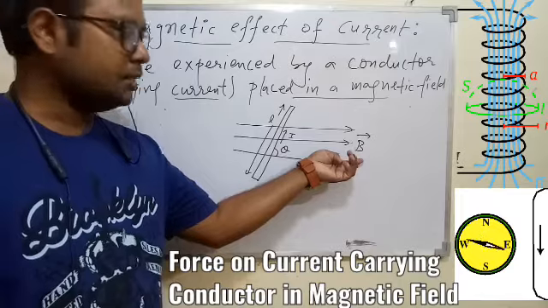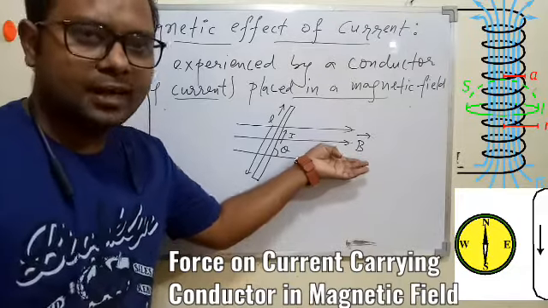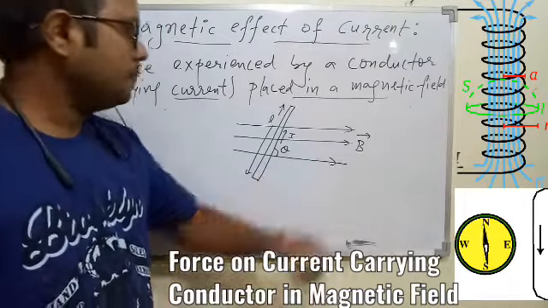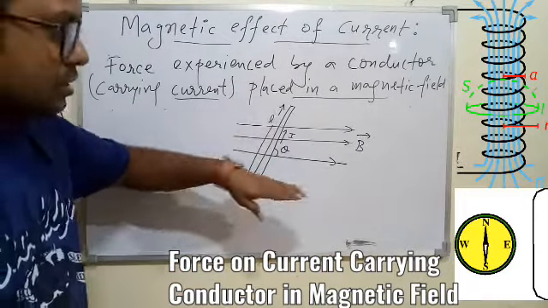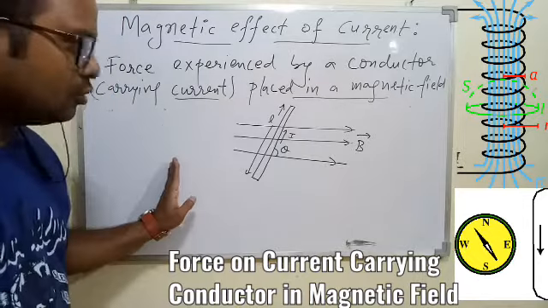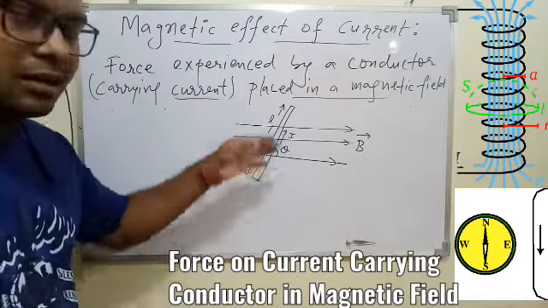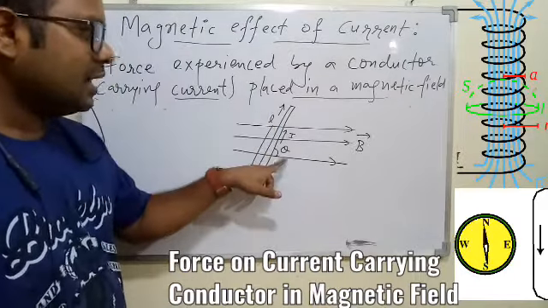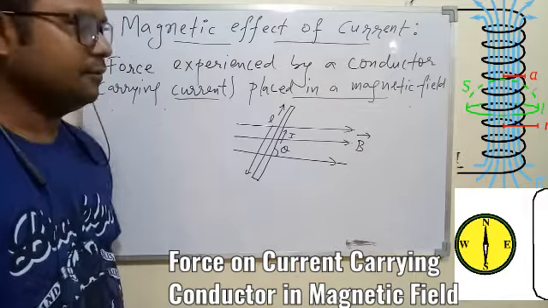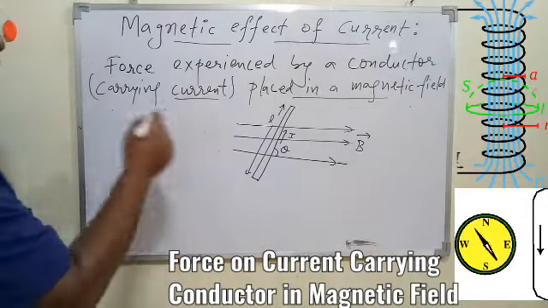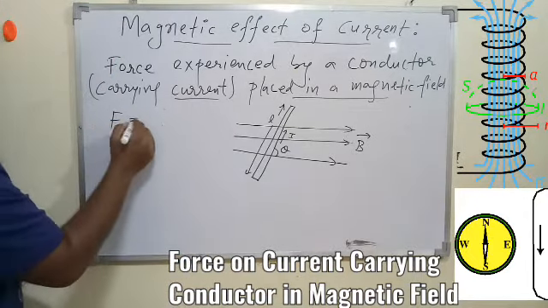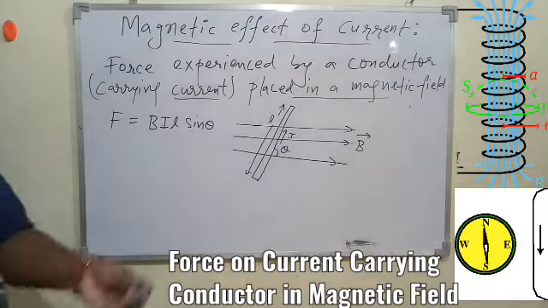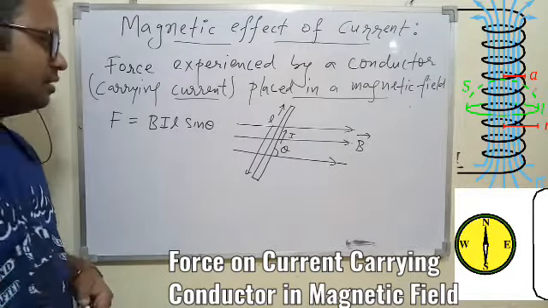So overall what things we have? We have the magnetic field capital B, and here we are basically talking about a uniform magnetic field, because you can see the magnetic field lines I am drawing are parallel, so B is almost uniform. We have taken a conductor L which is connected with the circuit. I am not showing the circuit now, so that the current I is flowing through the conductor in a particular direction. The length of the conductor is L, and this conductor is placed at an angle of theta with the magnetic field B. So in this case the force given to the conductor will be BIL sine theta. That is how we can remember BIL sine theta.